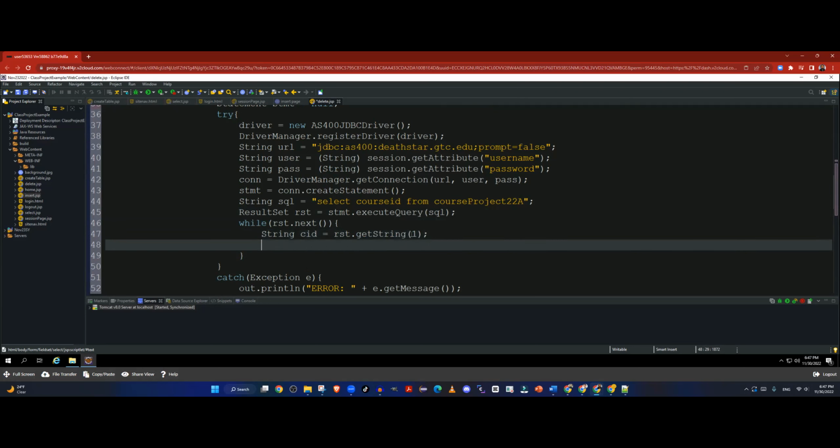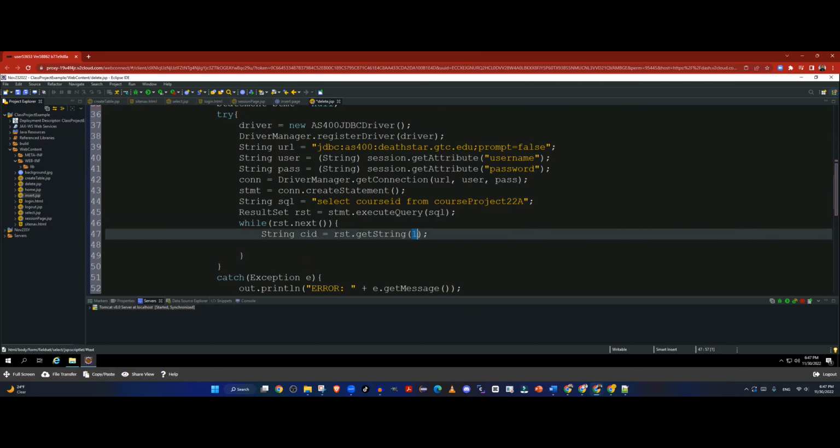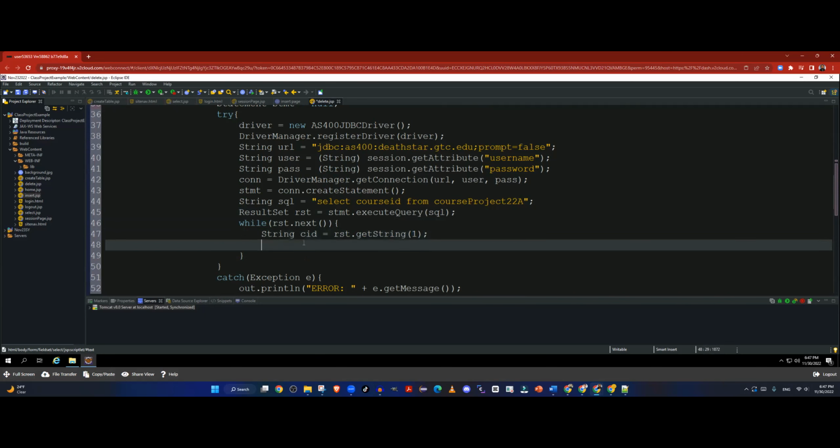Result set dot get string one means the one field, which is the course ID field. And then I want to push that into my drop-down box. If you remember from your HTML times, we use option,